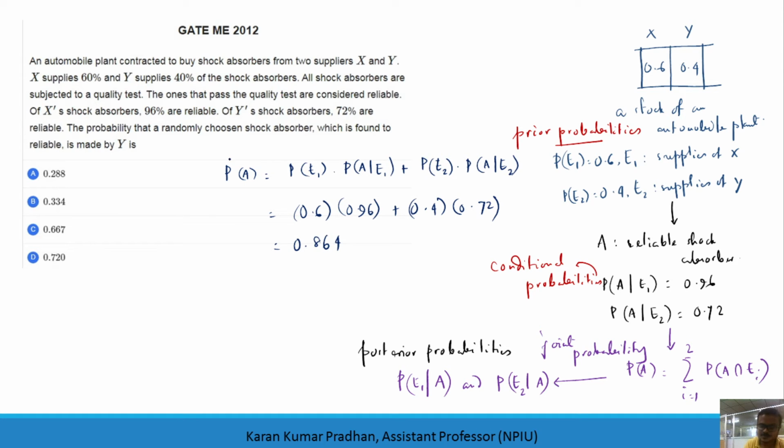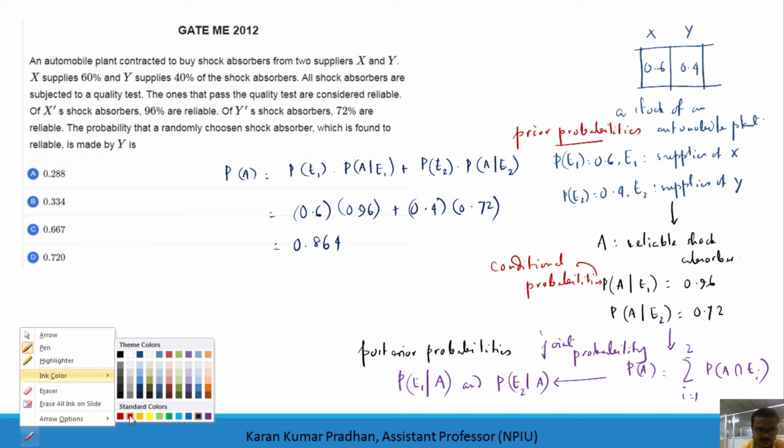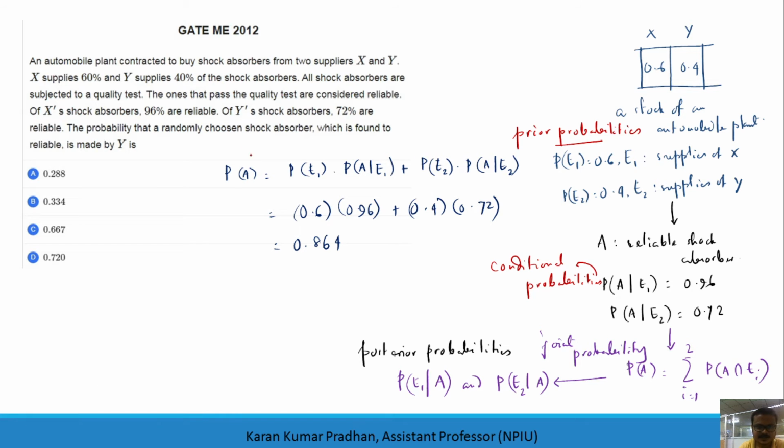So this says, what is the probability that a randomly chosen stock observer is reliable? Okay, so this is what is meant by this statement, right? So what do I say? That this refers to a randomly chosen item which is found reliable. Up to this statement you are done, right? So if the question says you have to find a randomly chosen item from the stock which is found reliable, you have to find this 0.6864, right?